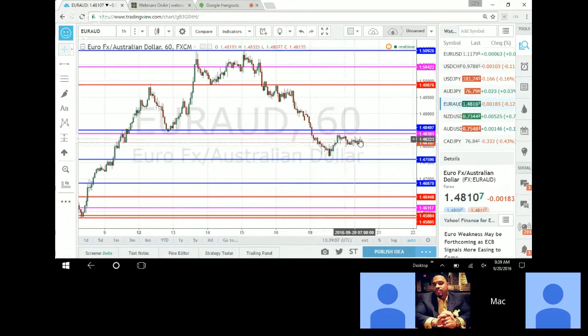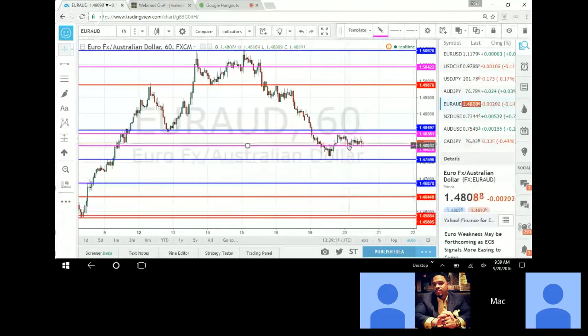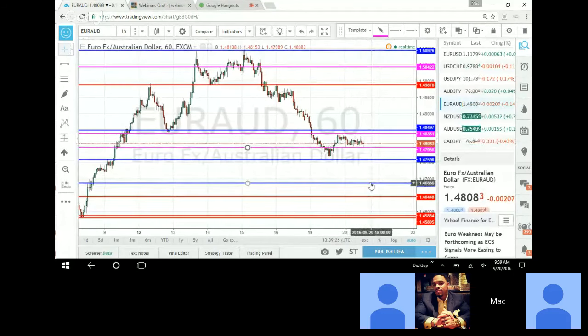So I told everybody to break even and get out, and we'll wait for it to break this consolidation area about here. Once it breaks there, we should at least get a 40 pip drop, and then take it all the way down